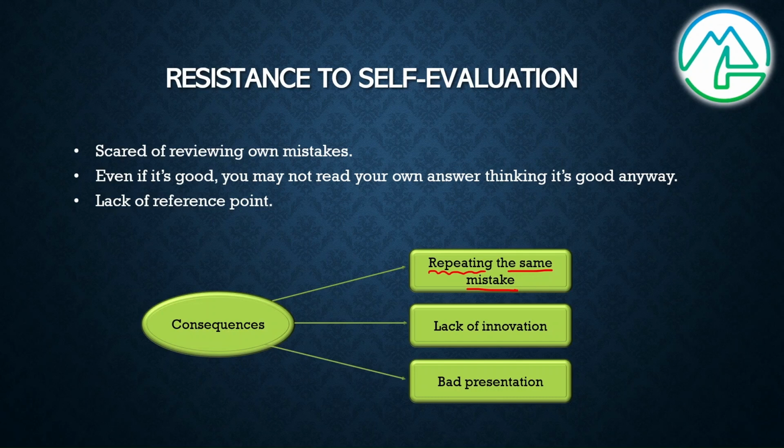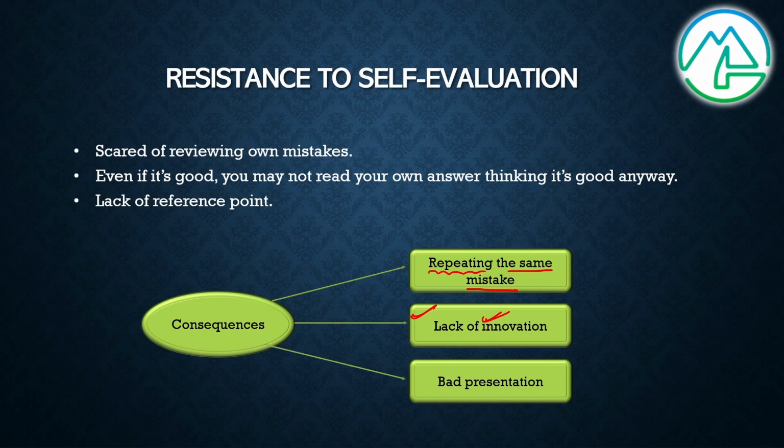And also, what happens is, because there is no reference point, we don't go back and see other toppers' copies or other fellow aspirants who are writing good answers. So we don't get an idea of innovation, how to draw diagrams and flowcharts, which we have talked about in our previous video as well. If you have not seen that yet, you should go back and see how diagrams, tables and flowcharts can be used as part of your innovative skill in answer writing, right?